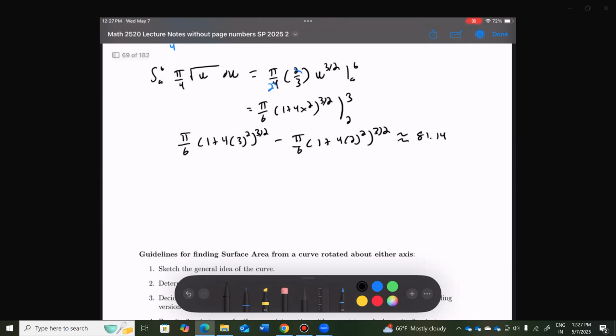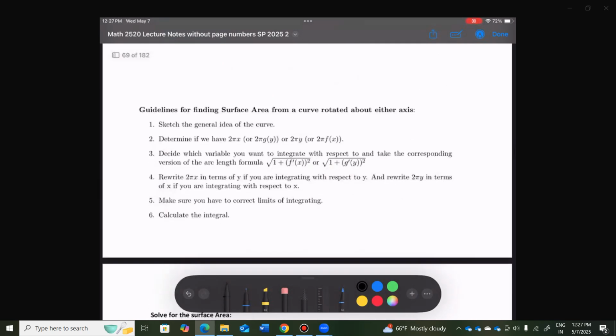Alright, so some guidelines for doing these. First, sketch a general idea of the curve. Identify where you're rotating this about. Determine if we have 2 pi x or 2 pi y. So basically, are you going to be integrating with g of y or f of x? And then based on that, and with respect to what you're taking your derivative to,